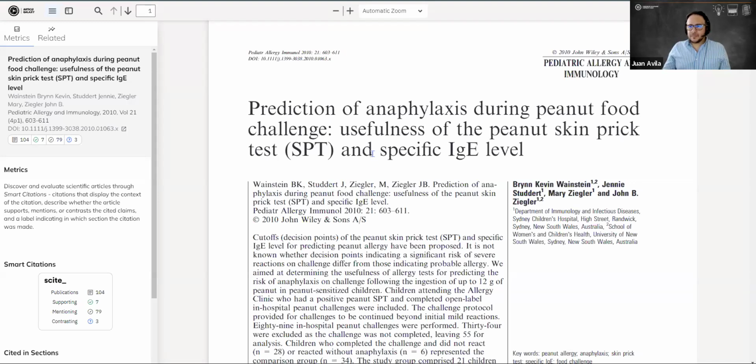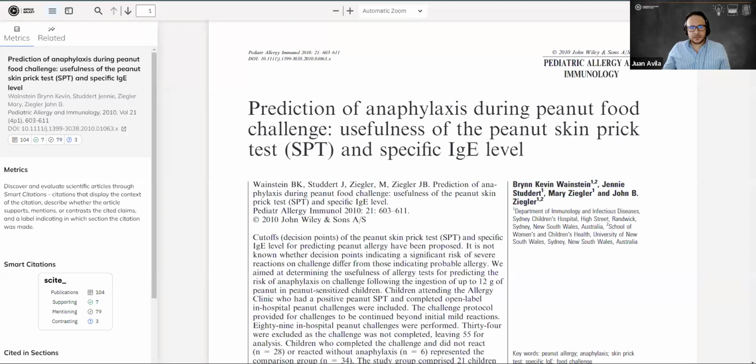Now, there might be people in the audience that probably go like, well, that's great, man. That's great, Juan, but I don't need a search engine because I search in PubMed or I use another database. Well, let me show you. Let me show how Article Galaxy can make your life even easier with our browser extension, which is a tool that automatically integrates with all the